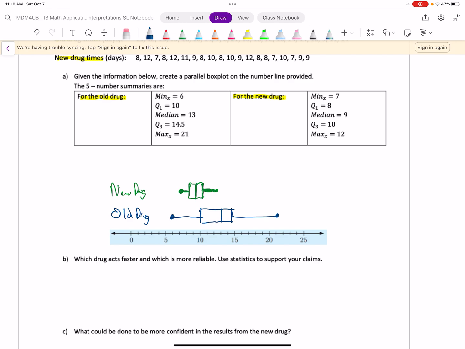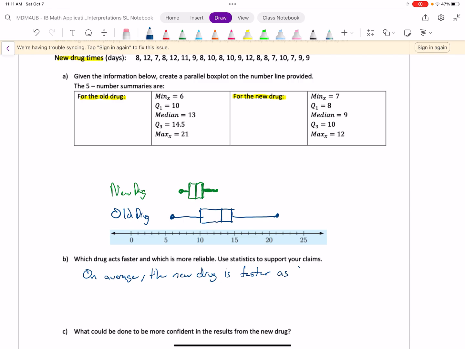So the question says, which drug acts faster and which is more reliable? Use stats to support your claims. And so this is what a company might do. So even though the old drug had a minimum that was quicker, so it had certainly the quickest time, on average, we would say the new drug is faster,